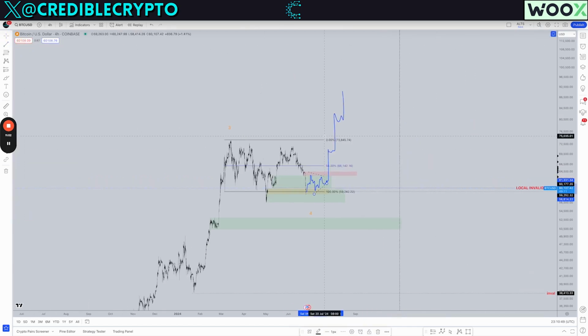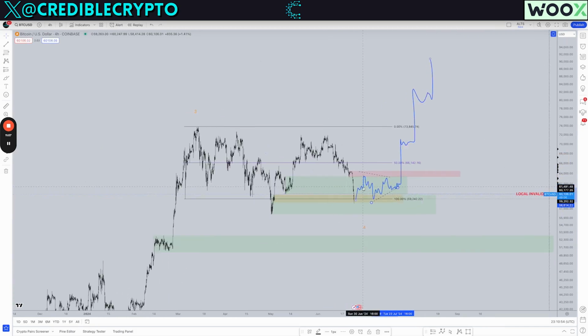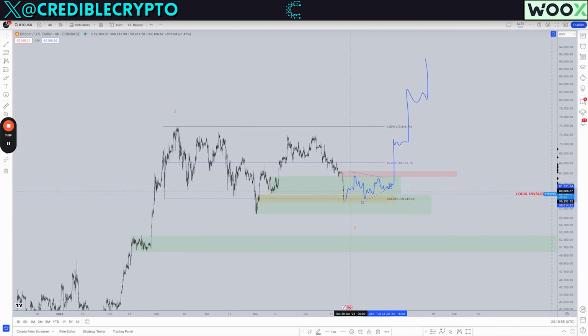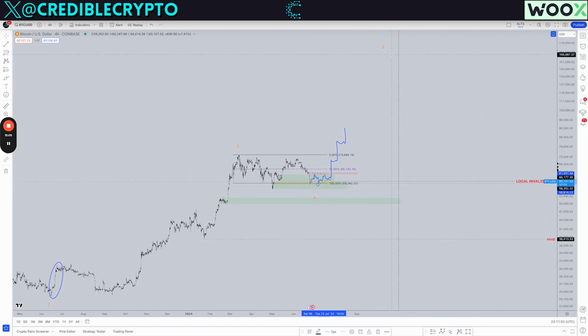But point being that until we get past red, it's possible that we chop around here for some time. So again, if this is our bottom, then we could chop around here for some days, even a week or two, I would say. A couple of weeks is not out of the question before seeing our impulse actually begin. And again, the final leg to the upside, you expect it to be very aggressive. The slope of ascent should be very aggressive. The amount of price covered and the amount of time that will elapse should be even more aggressive.